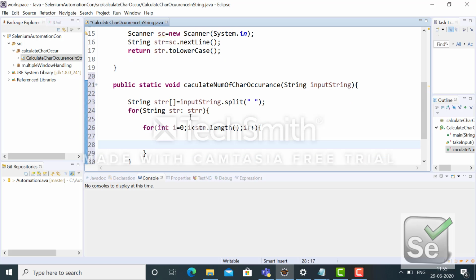What I am doing over here: as I told, I will implement this using HashMap. So I have to create an object of HashMap. HashMap is a class, so in order to access the methods and variables of that class, I have to create an object of it. I will store a character as the key and an integer as the value.